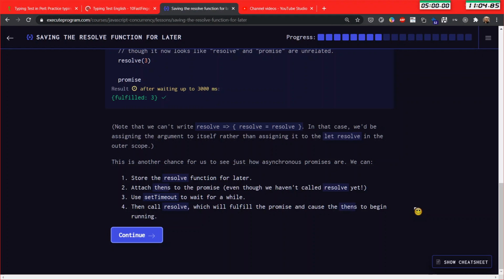Store the resolve function for later. Attach then to the promise, even though we haven't called the resolve yet. Okay. Use setTimeout to wait for a while. Then call resolve, which will fulfill the promise and cause then to begin. Okay, so